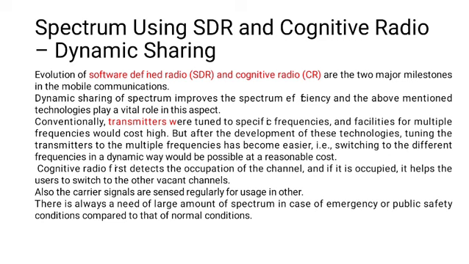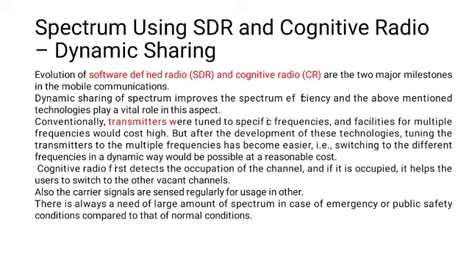Spectrum sharing using SDR and cognitive radio. The evolution of SDR and cognitive radio are two major milestones for mobile communication. Dynamic sharing of spectrum improves spectrum efficiency with the above mentioned technologies. Conventionally, transmitters were tuned to a specific frequency and facilities for multiple frequencies would cost high. But after the development of this technology, tuning the transmitter to multiple frequencies has become easier,